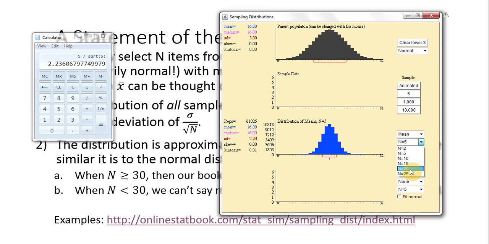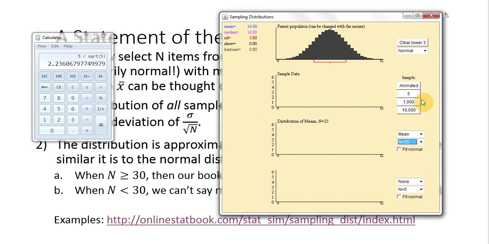If we kick this up to, say, 25, once again, we randomly select 25 things, and they're mostly piled in the middle, but then the occasional one drops outside. We compute its mean. Now, because we're selecting so many things here, they're averaging together. And what do you think is going to happen to this distribution? We do this some more. We do it much more,